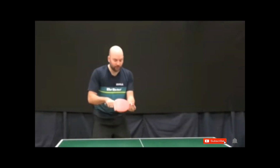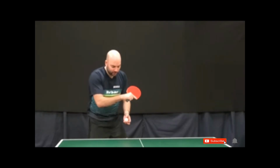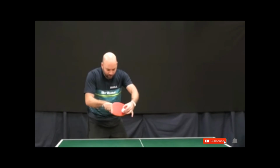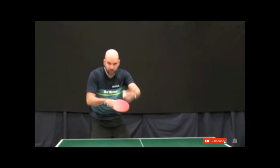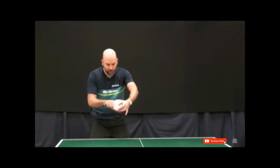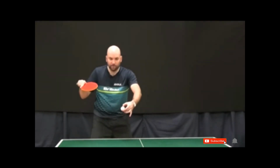For side spin, we're looking to contact slightly later, not quite on the way down, but just in this part here where we're just starting to pull across, still on the bottom of the racket, but we're looking to pull more across. And again, hopefully you can see that ball just moving there. So before I've pulled up,